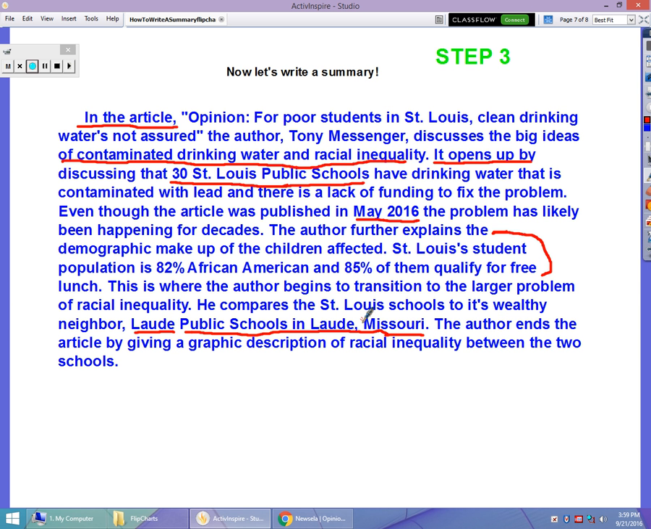So I go in to start explaining how the author develops this idea of racial inequality. He does that by comparing the St. Louis schools to its wealthy neighbor, Lottie Public Schools in Lottie, Missouri. Now I'm just going to state the end. The author ends the article by giving a graphic description of racial inequality between the two schools. So in this summary, I'm giving some important details, right? We talked about the who, what, when, where, why of the article, but I'm not giving away too many details. I'm not over explaining, but I'm giving my reader just enough to make sure that they understand what I'm